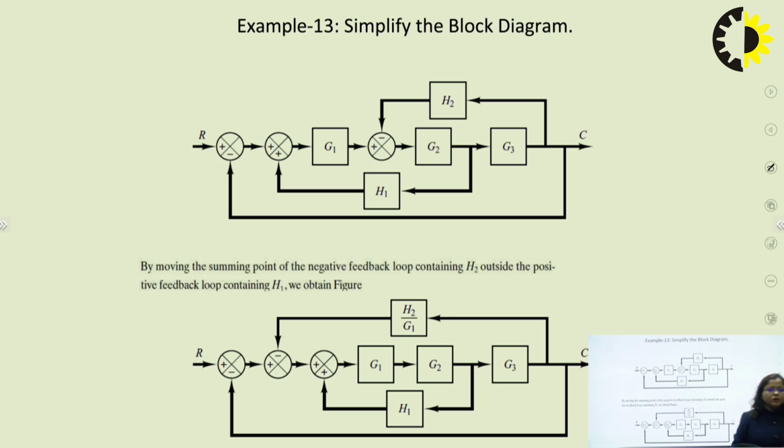We can go on for n number of questions in this regard, but I would like to stop this discussion here only and leave this question for you all to solve and get the overall transfer function. I will simply give you a small hint. If we take this takeoff point ahead, then it will be restricted by a summing point. So we will take off this takeoff point here, then these two blocks will be in cascade, and then this will be in feedback with H2.